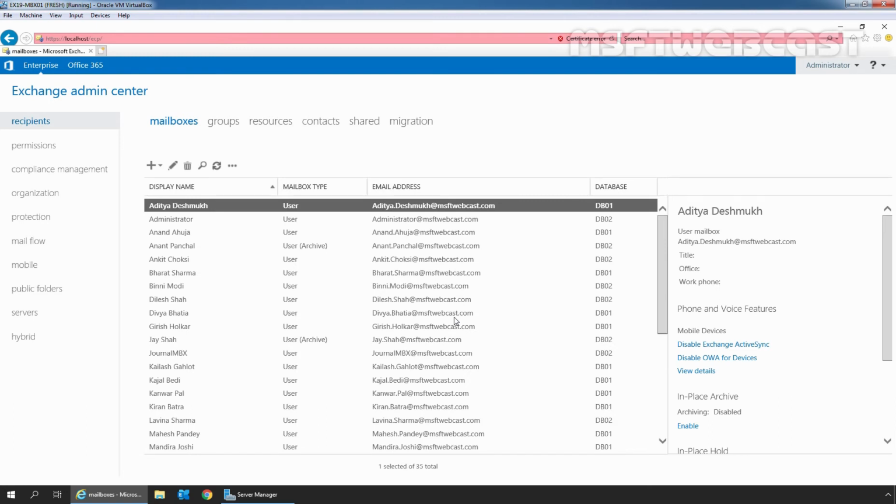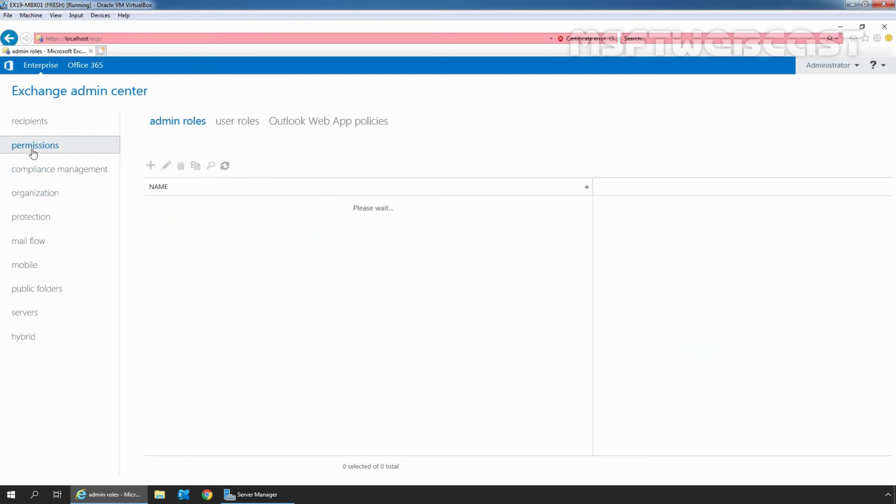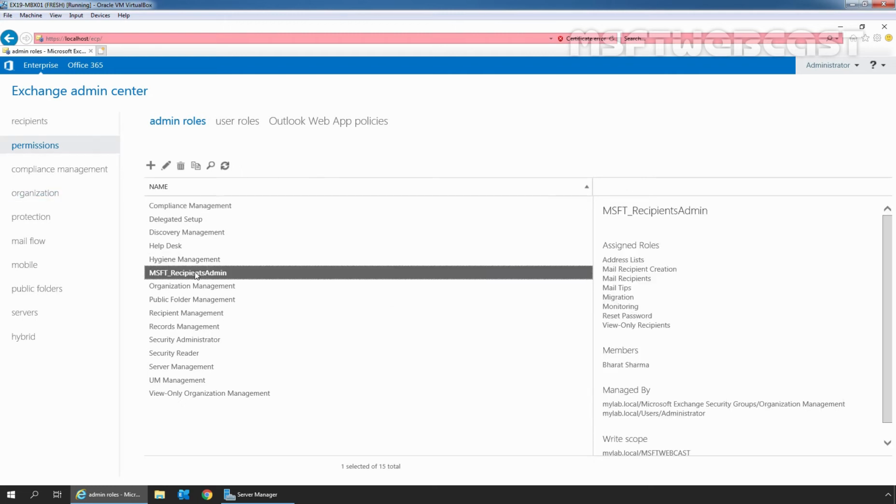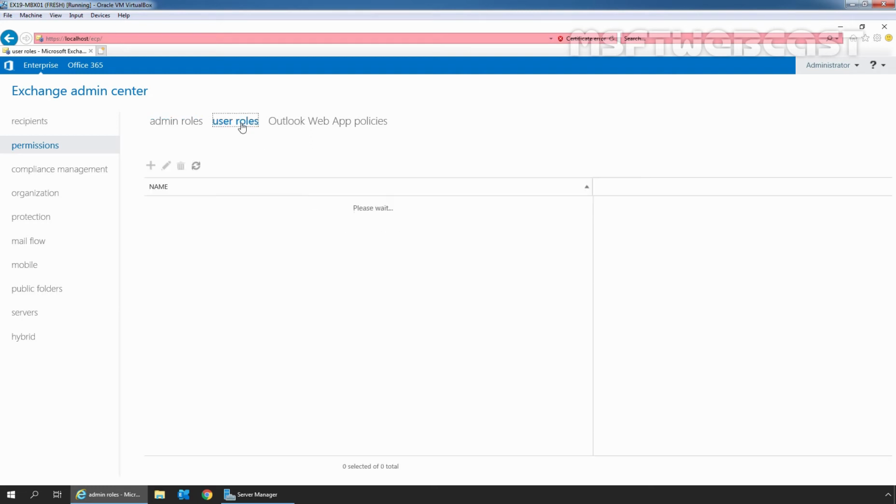In the Exchange Admin Center web interface, we need to click on the Permissions section. Here we can see the list of all admin roles available in our Exchange organization. In the last video, we also created one custom admin role with the name MSFT_recipient admin. Now let's click on the User Roles tab.